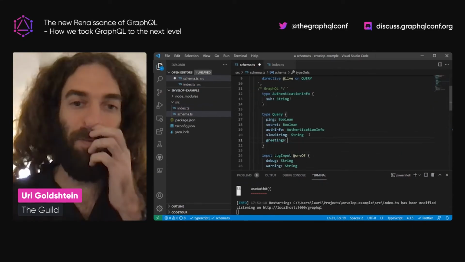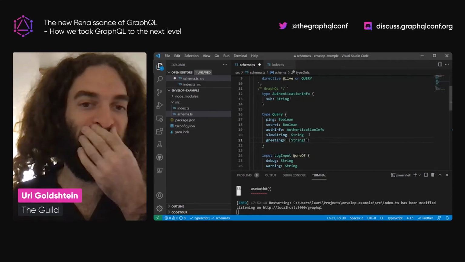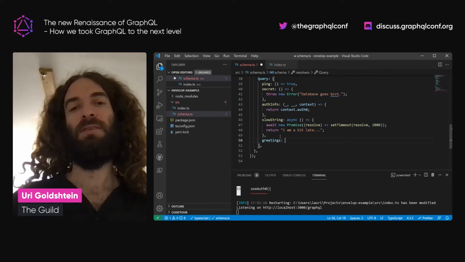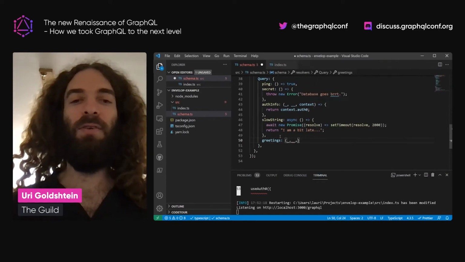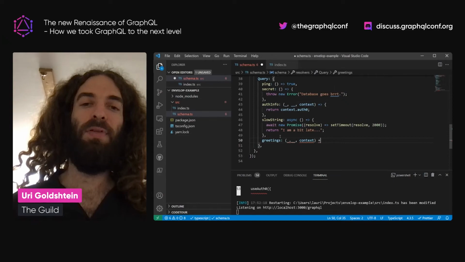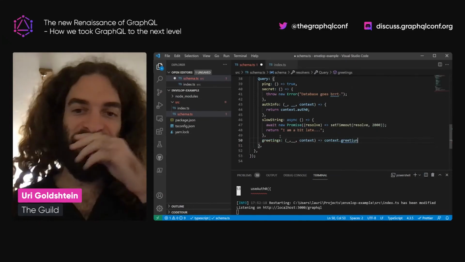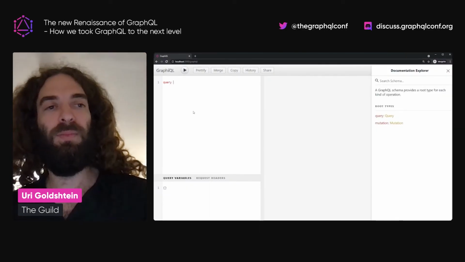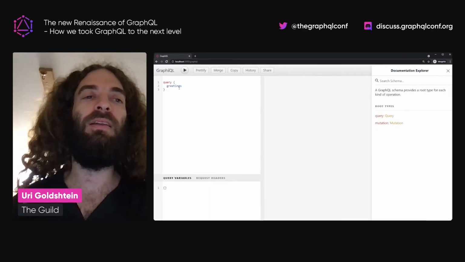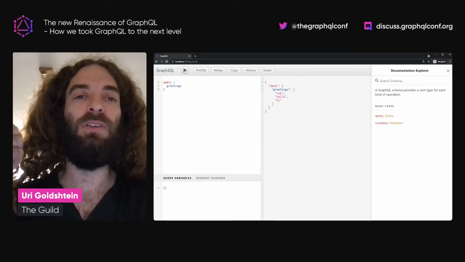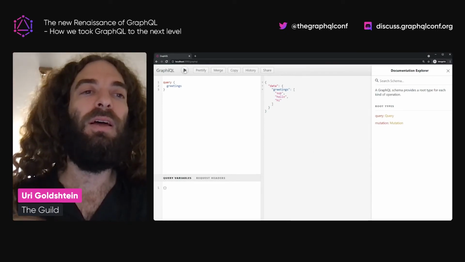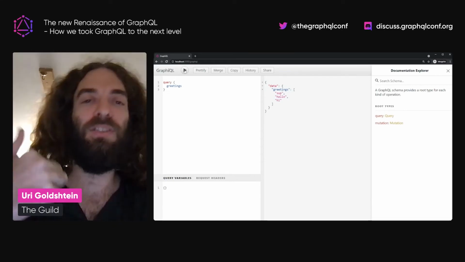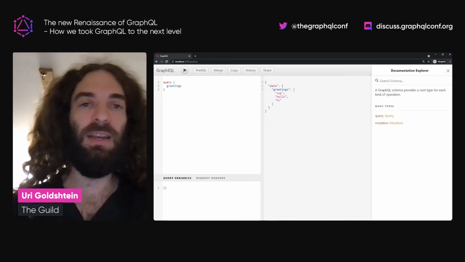So check it out. We're running through things really, really quickly because there's a lot of things to show. So we're exposing greetings. And greetings, again, is a reactive thing that keeps on changing. That's really cool because we're now using experimental GraphQL JS, so we can listen to changes. But what you see here, in order for me to see the changes, I need to send a request and get a response. And then again, I send a request and get a response.